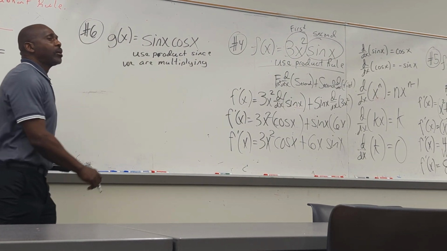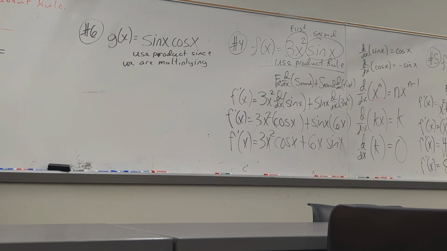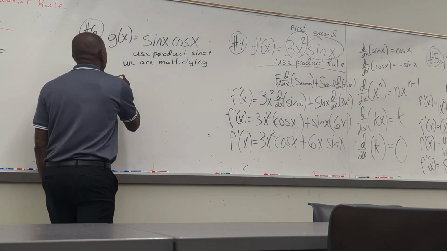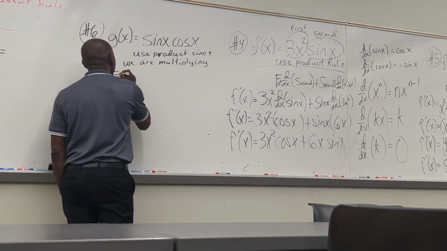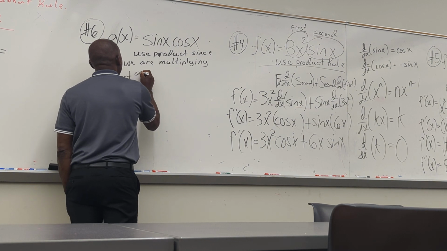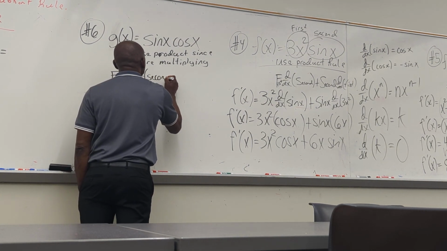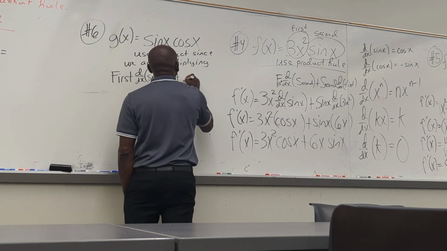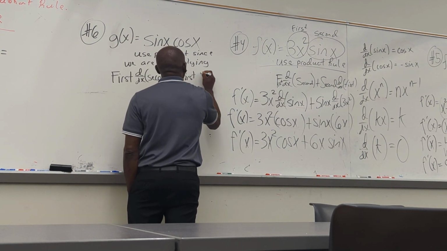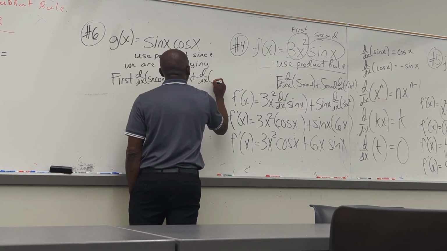So we use a product rule called the multiplying. And what does the product rule say? This is nothing more than being the first times the derivative of the second, and then plus the first times the derivative of the